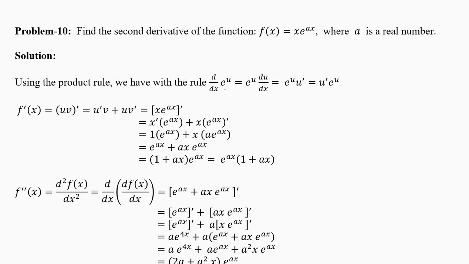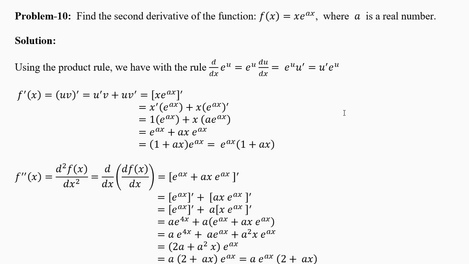Now derivative of e power u is e power u into du by dx. It is e power u into u prime. U prime you can write on the right or on the left, as you like. We'll do it both ways. Now here we are multiplying two functions, x into e power ax. So derivative of the first function into second function. The first function is x. The derivative of x is 1. 1 into e power ax is e power ax. Just copy it to that point. That many steps. First function into derivative of second function.